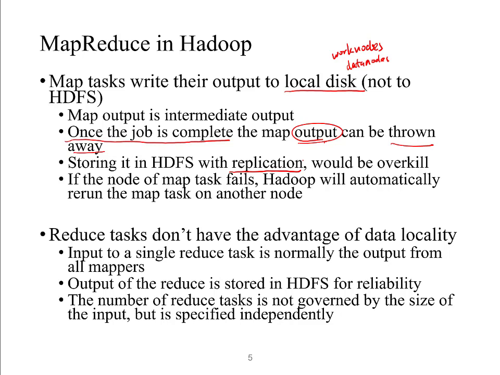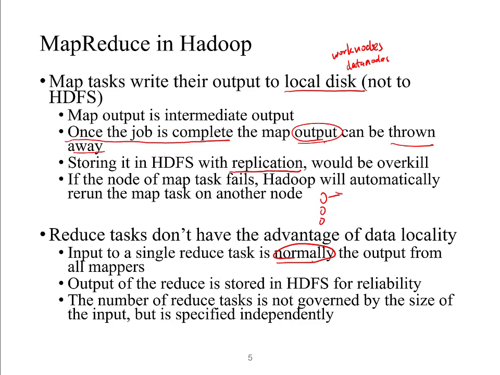And also the reduce tasks don't have the advantage of data locality, because the input to a single reduce task is normally the output from all mappers. Note here it says normally, because it depends on whether shuffle happens or not, which we will discuss later. But in most cases, if you still remember,